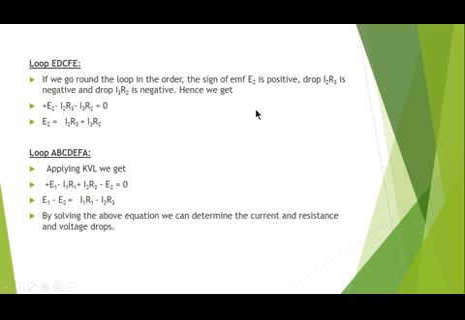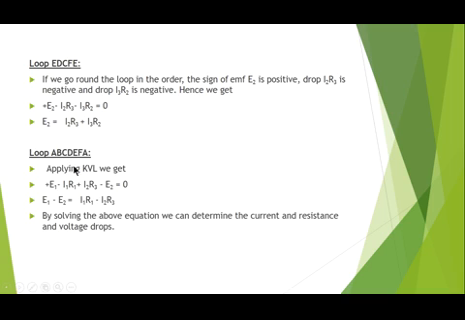EDCFE. In that loop the sign of EMF E2 is positive. Similarly, I2 R3 is negative, and I3 R2 is also negative. Hence we can get plus E2 minus I2 R3 minus I3 R2 equal to 0. I need the equation for E2. You will get E2 is equal to I2 R3 plus I3 R2. This is the loop EDCFE. Next loop